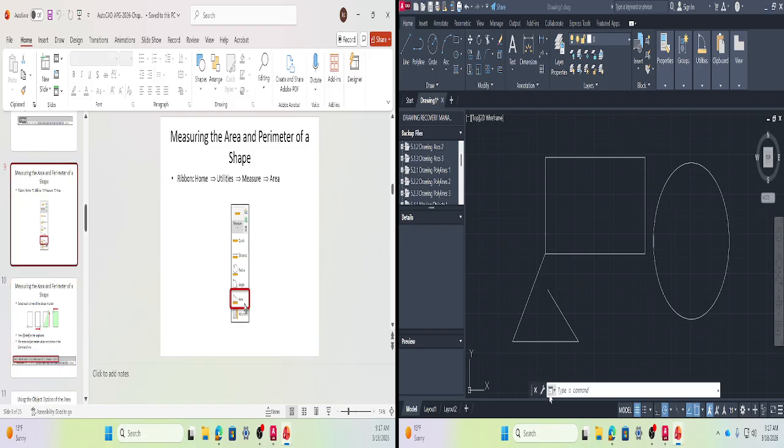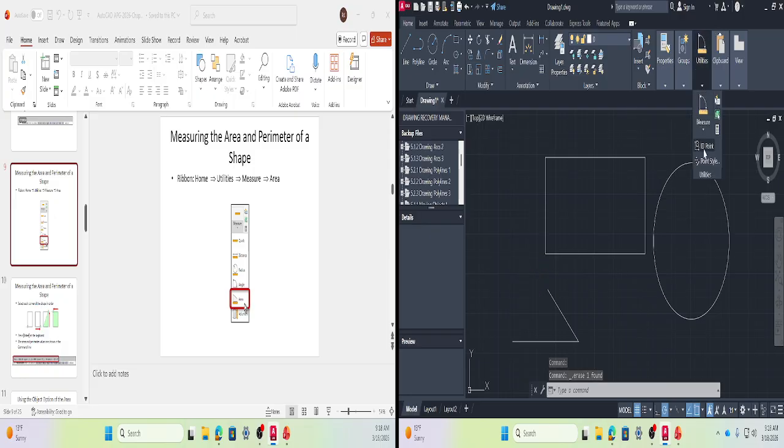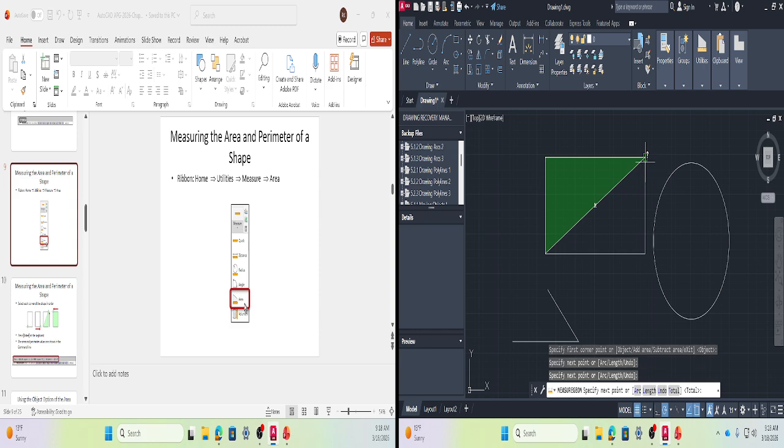Okay, then the area. Area is the interesting one. Say you are interested in finding the area of this rectangle. Okay, let me take out this line. To do that, you want to go again under this measure command, go to the area, and then you want to choose some points. You see, did you see? When I choose these 3 points for this rectangle, I have half of the rectangle area,